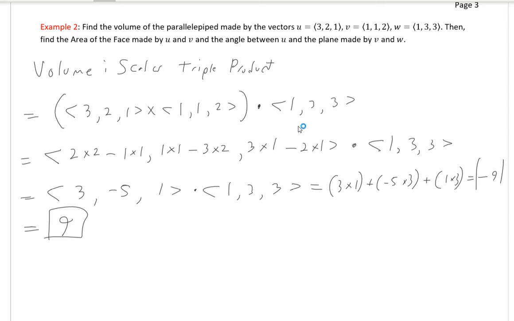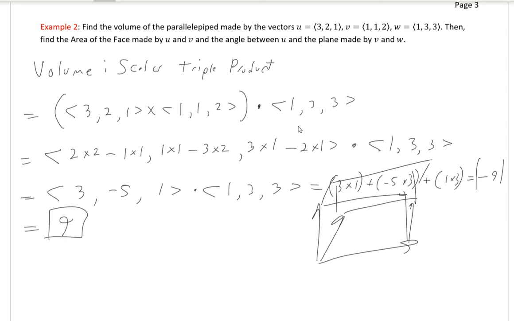Now we need to find the area of the face for u and v. This is actually why I did the cross product for u and v first, because I'm going to need that for the area of the face. To find the area of the face made by u and v, which is the face of that parallelepiped. So if we had 3 vectors like this, up and up and up, then if we're looking for one of these faces, maybe this bottom one,